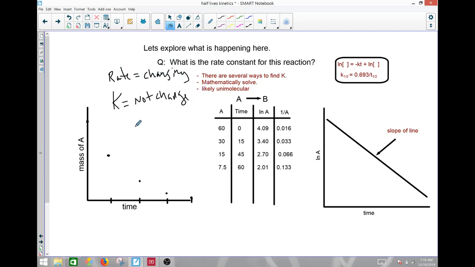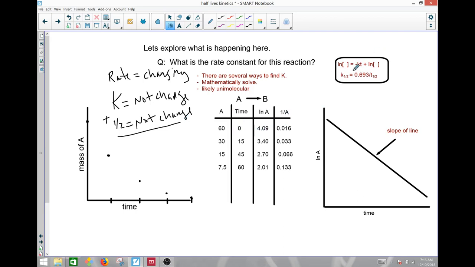But what's not changing also is my half-life. My T1/2 is not changing. So an easy way, because it's so common, they want a shortcut way of doing this. So for this, to get my actual half-life, in order to get my K,